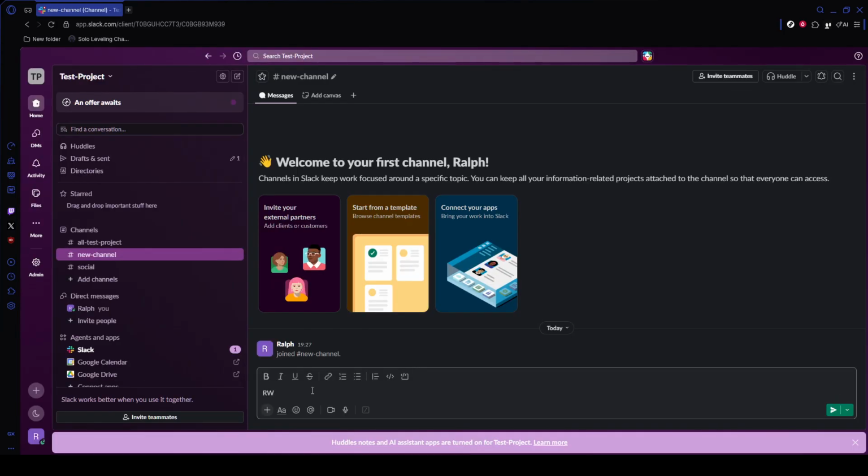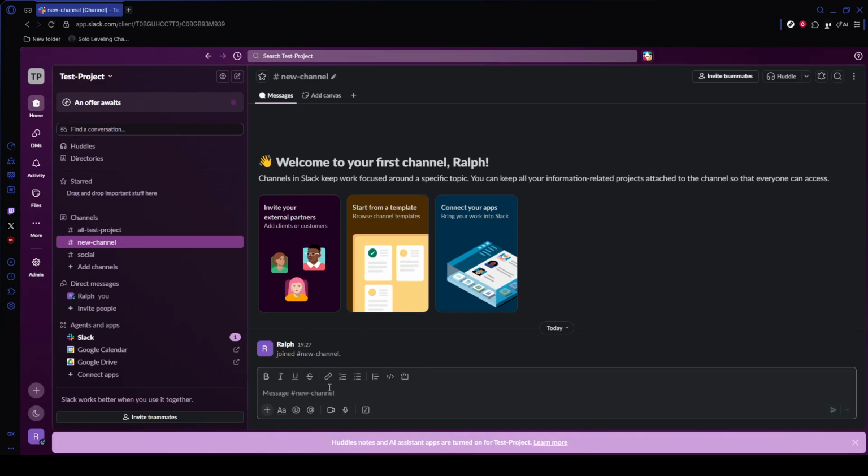This keeps the poll clean and easy to scan. Once you send